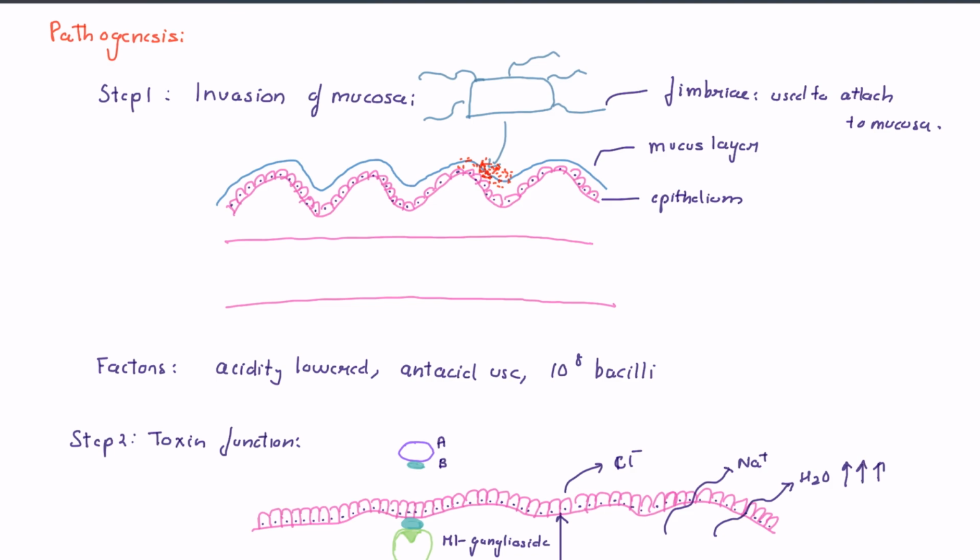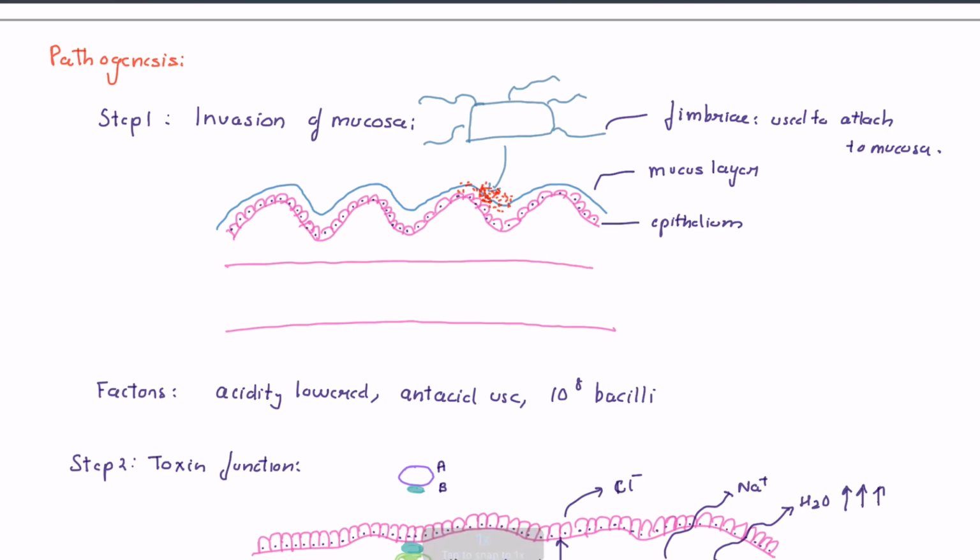So cholera comes, and as you can see, it travels from the stomach. After the stomach, what comes? Intestines, right? So when it comes to the intestines, as you can see, this is the epithelium, and you can see the mucous membrane, the mucous surface. So what this cholera does is, it secretes proteases, proteolytic enzymes, which degrade this mucous layer. The mucous layer is degraded, it uses its fimbriae to